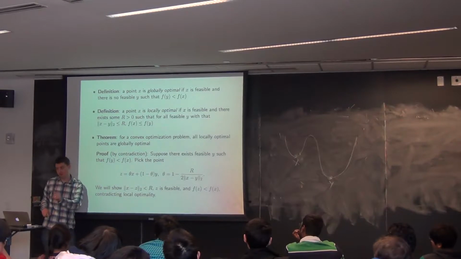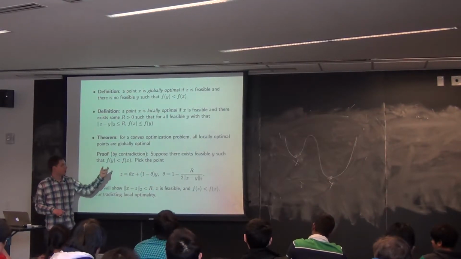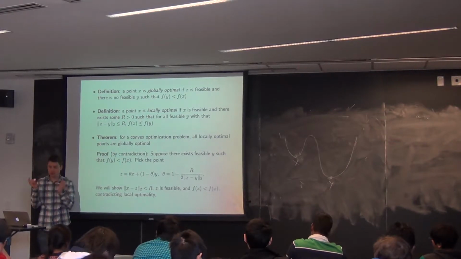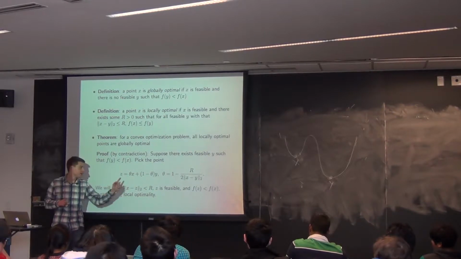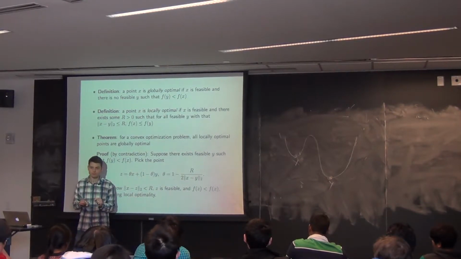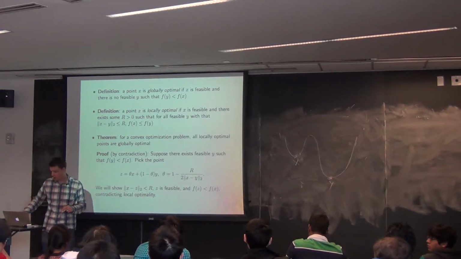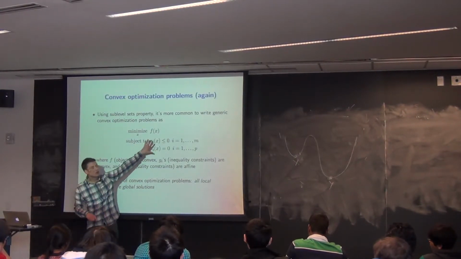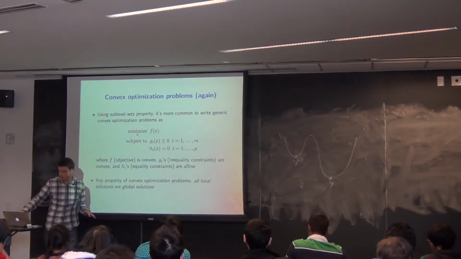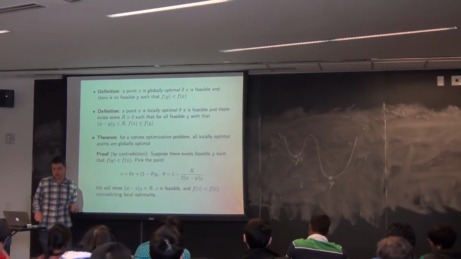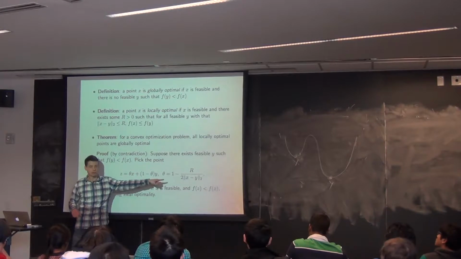And f of z is also a feasible point. That's important too. We know immediately it's feasible because the feasible region for a convex problem is convex. So z of this form will also be a feasible point if x and y are both feasible. What was the definition of feasible region? Feasibility means it's in the feasible set. It satisfies all these equations here. So if it's true, then z is feasible, and I'll show you that z is going to be strictly less